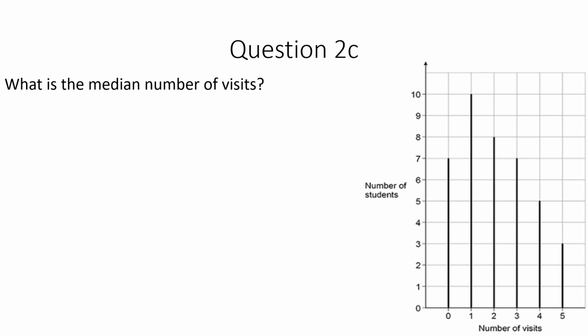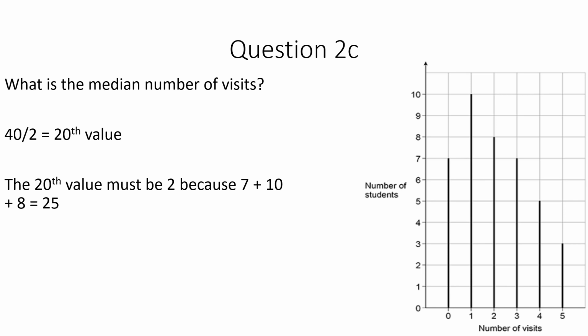Okay, and finally then, here is your median. So we remember we had 40 values here. So if we do 40 divided by 2, that will give you the 20th value. So if we look at the bars now, the 20th value must be 2, because if we add together the